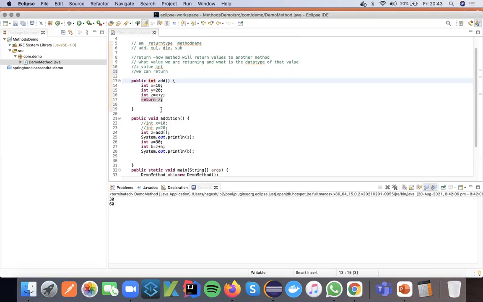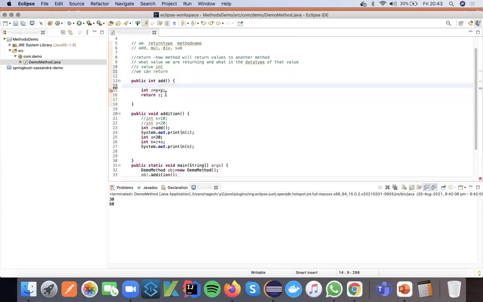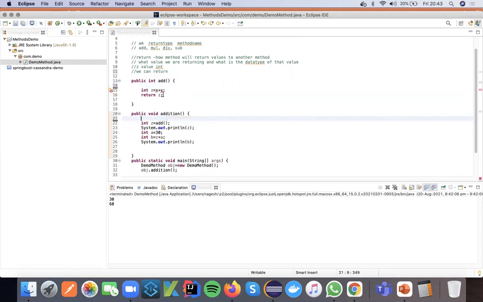And now the second thing, I don't have the x and y values here. Okay, they are not present, but I wanted to perform the Z operations and I wanted to add it. So always I have multiple functions, and every function needs the x plus y value. So instead of declaring it multiple times, I have created one method, and whatever return it is giving, I wanted to access it.